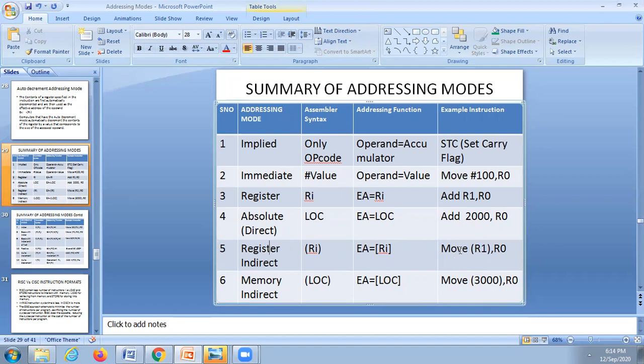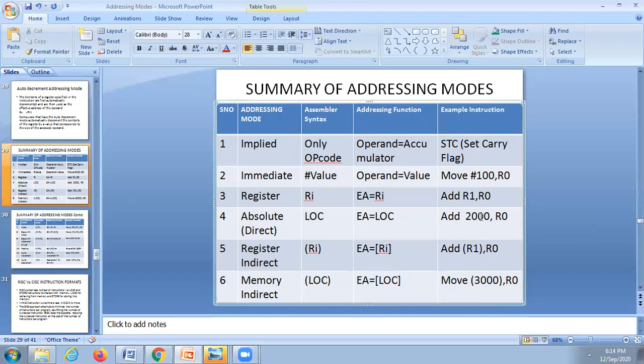That means, instead of move, I will write the same thing: add R1 comma R0, where R1 is in parenthesis. If any register is in parenthesis, it means that it contains the address, not the actual data. Here R1 contains the address.